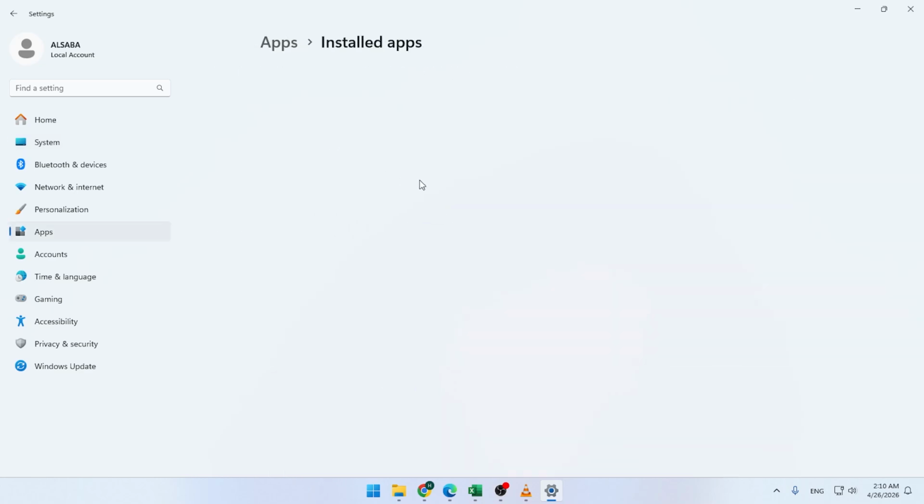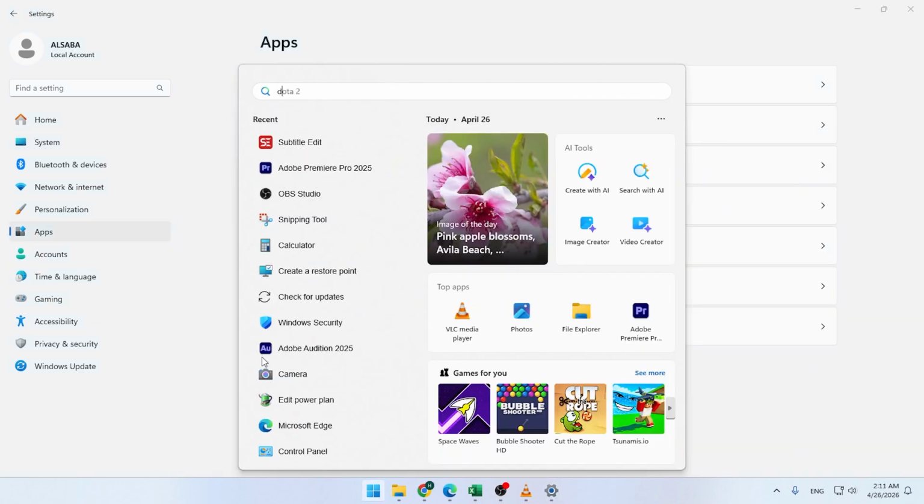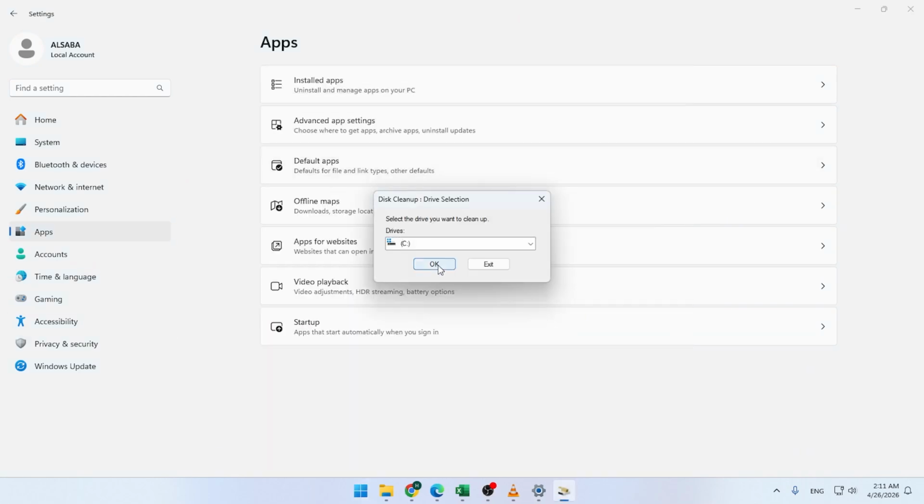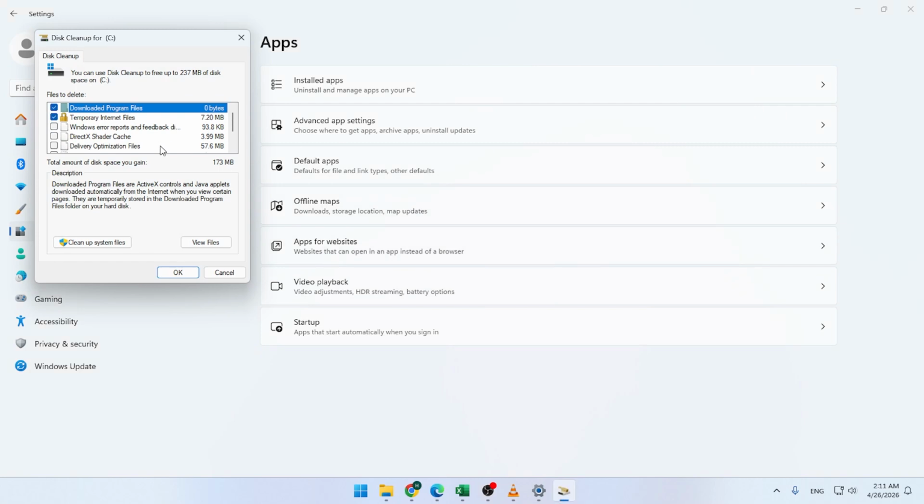Next, open Disk Cleanup by searching for it in the Start menu. Select your main drive and choose System Files, then remove old updates and cache files. Finally, restart your computer and check your available storage again. Your system should now have more free space and run more